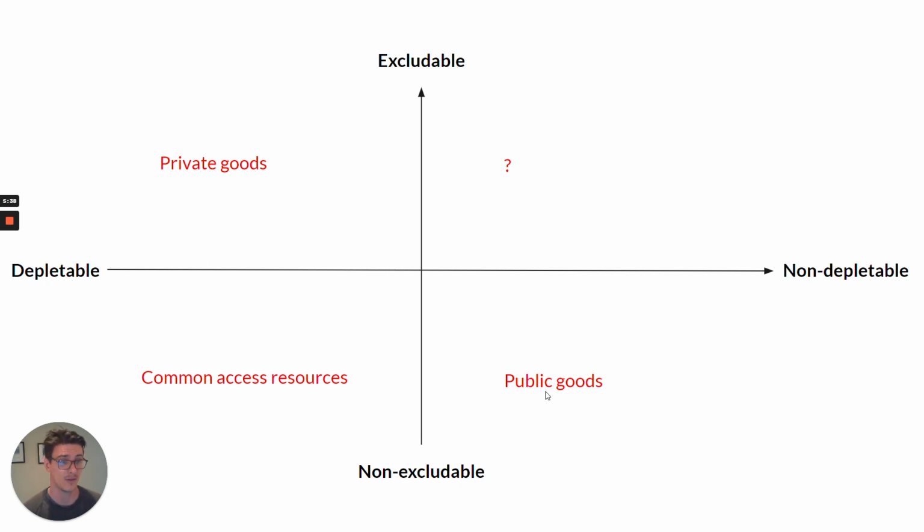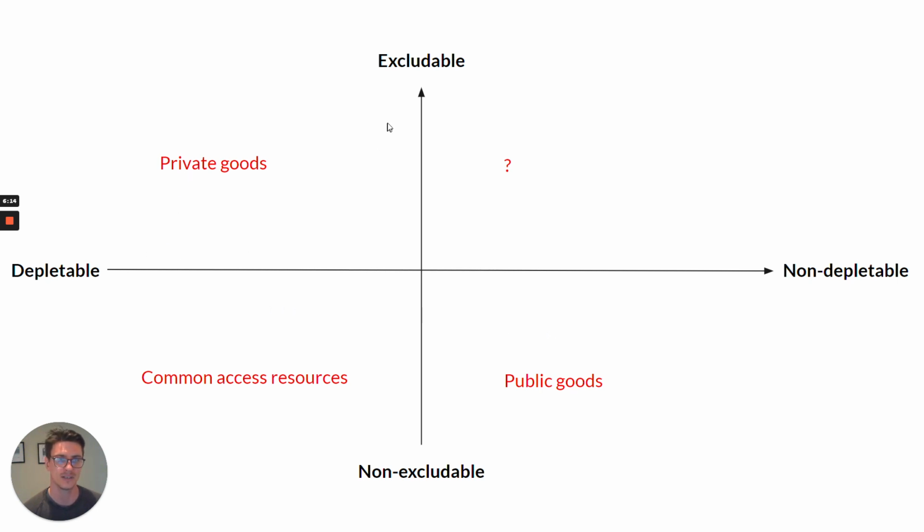Then let's have a look at the third one, which is public goods. And public goods are both non-excludable here and non-depletable. Okay, and public goods are also a failure by the market. And let's look at that in a moment. But first, finally up the top here, we have something that is excludable and non-depletable. We don't learn these in Year 12 economics, so we don't have to worry, but these would be called club goods. Now, your job is to know the definitions and know the differences between these 3 goods here,